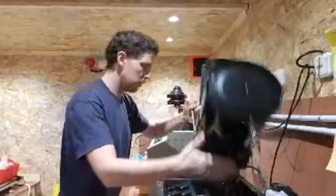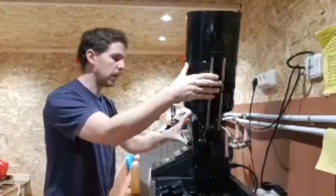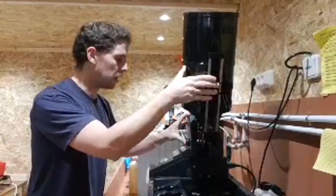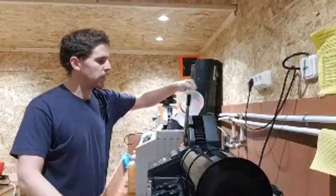So let's change the water. I change the water about every 45 seconds or so, and I'm just washing negatives. If you guys want to stick around, I'll show you how the negatives look when I pull them out, because it's a pretty cool feeling. If no one's ever shot 8x10,